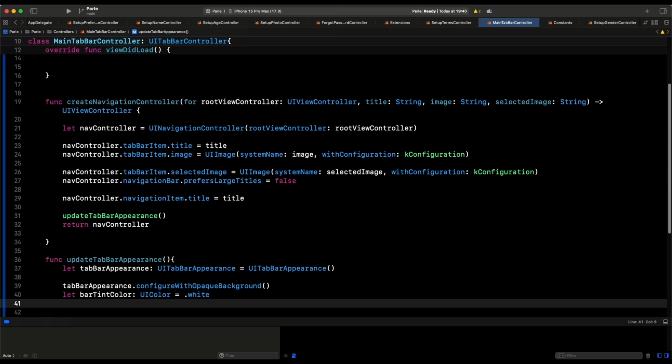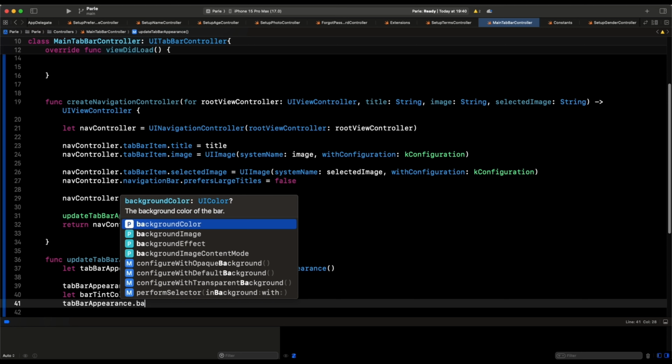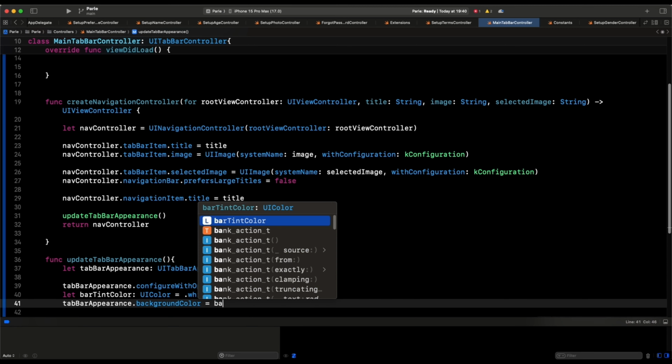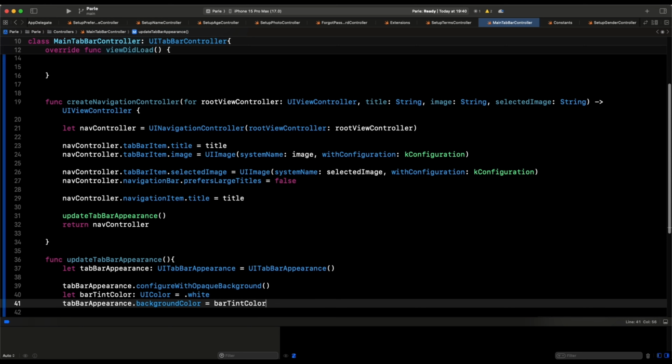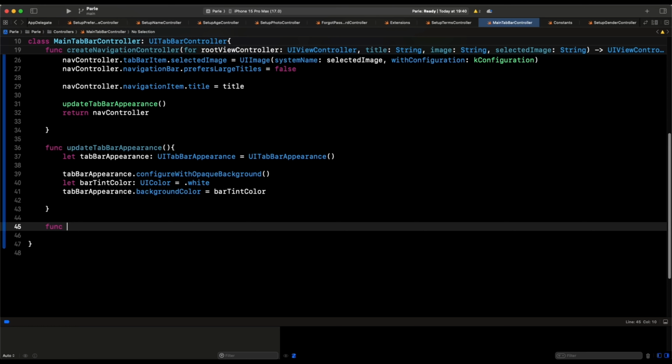And the next thing is going to be tab bar appearance like so, background color. What's the background color? We want the background color to be bar tint, right? So we say bar tint color. That is sorted. And then we probably should create another function, so let's create it and then use it, right? Func, it's going to be called